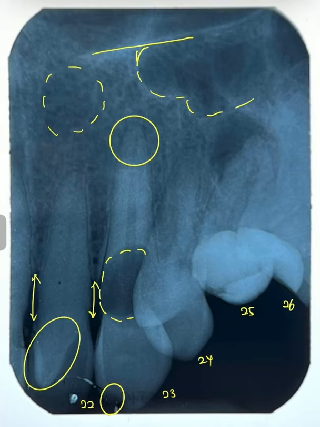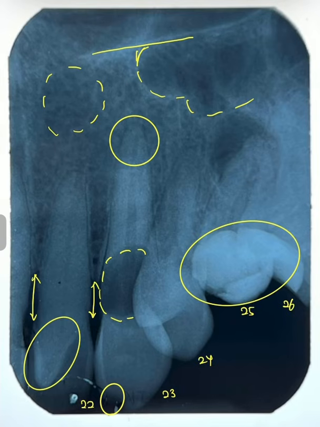For 2.4, there are no related findings. For both 2.5 and 2.6, there is a well-defined radio-opacity at the occlusal 2/3 of the crown involving enamel and dentin, suggestive of restoration. At the apical 1/3 of the root of 2.5, there is loss of PDL space and loss of lamina